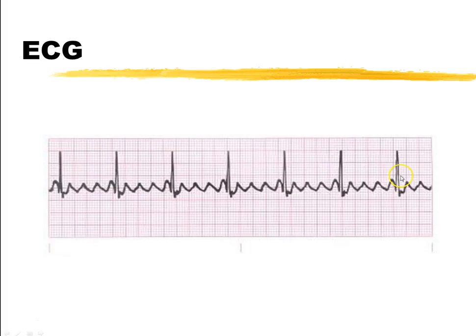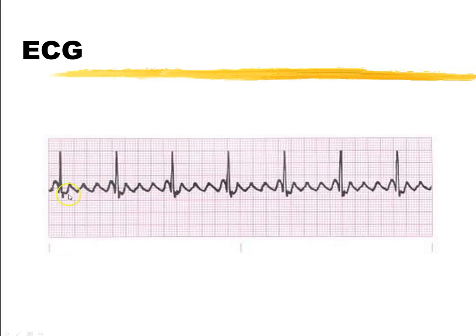But let me just show you on this strip what I'm talking about when I say identifiable P wave. It's hard to tell which is a T and which is a P, but in this case, you see this picket fence, sawtooth type pattern. Our rate is 1, 2, 3, 4, 5, 6, 7, a normal rate. Our R to R, if you put your little caliper up here and measure it out, is pretty much consistent. And usually, in this case, you're going to have the same number of P waves each time